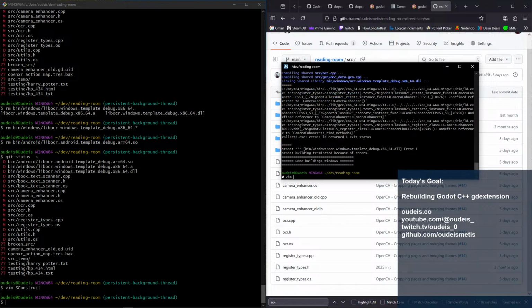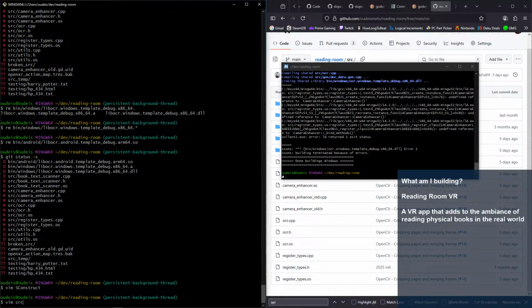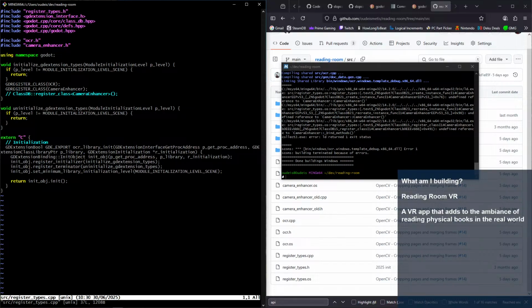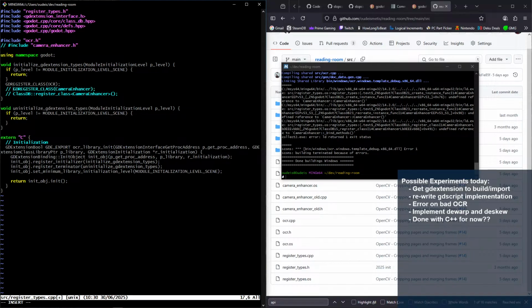That's in the source directory, right? Oh, because camera enhancer is new. Right.